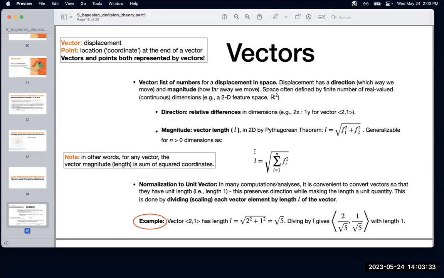So if you have an input space that has, let's say, 20 dimensions, then a point that lives in that space can be representing equally a vector. So there's actually no distinction between a point that lives in a coordinate system determined by the dimensions that you have in your input space and a vector, right? The vector is just a mathematical object that goes from the origin to that specific point in space. And that point in space is essentially the numbers that would identify the coordinates of that